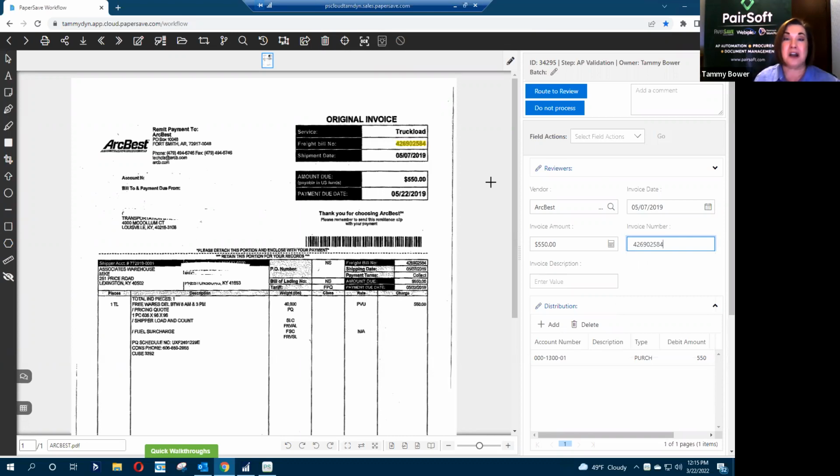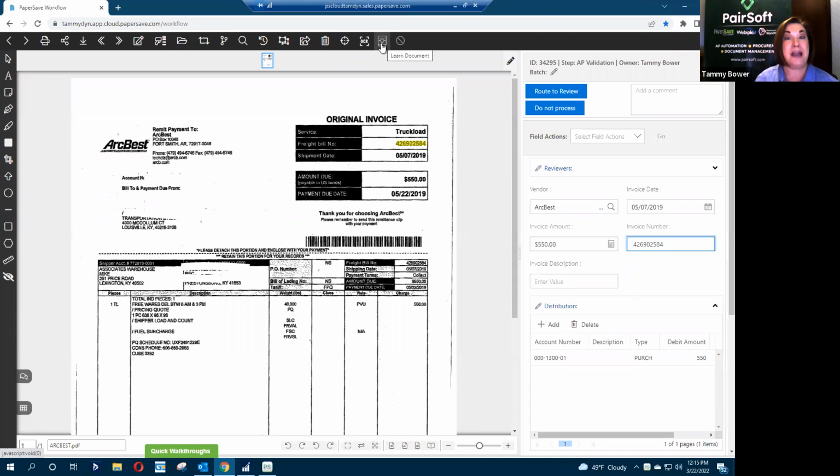Now, if ArcBest was a vendor that I got once and never needed to do that again, that would have been fine. But ArcBest is a vendor that you might get all the time. So now you want to build on those definitions that are already standard inside of the OCR with your unique definition for ArcBest.